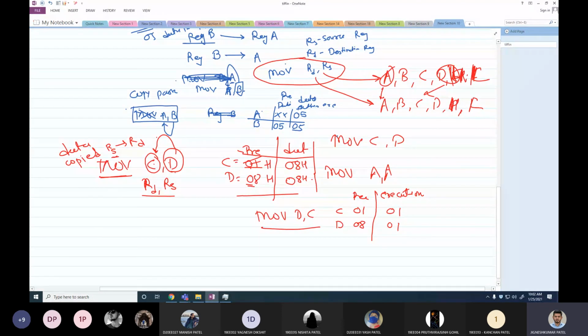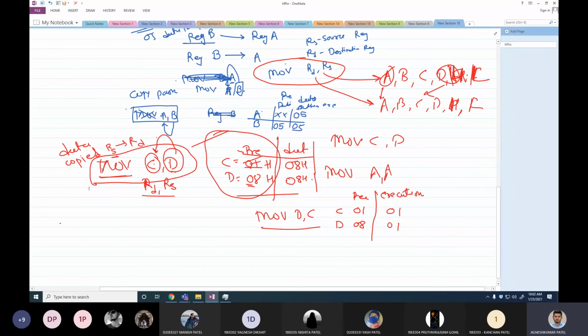Now see, there are three things. The first is the data. Which is the data here? 01 and 08 is the data. What is the instruction? The instruction is this, known as an assembly level instruction. But what are we actually going to write to execute this instruction?